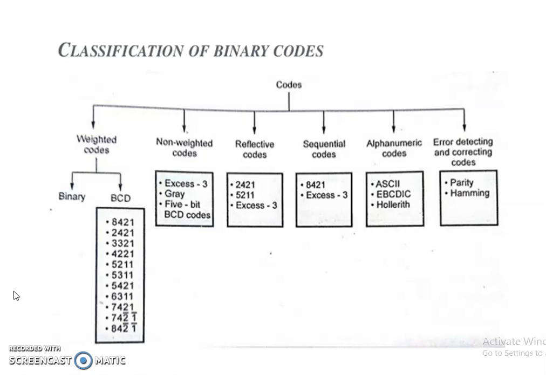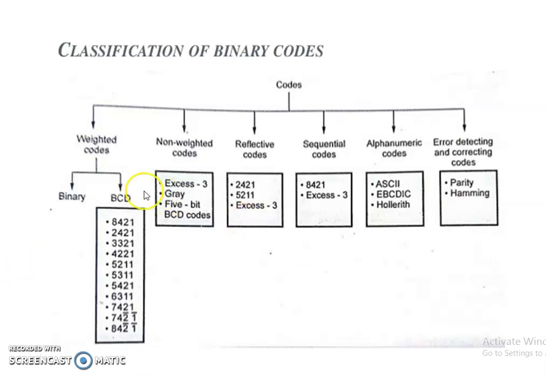It obeys the positional weight principle. For example, in a weighted code, every digit's position in the number represents a specific weight. In weighted binary code, every digit has a weight, that is 8, 4, 2 or 1. For example, in decimal code, if the number is 423, then the weight of 4 is 100, the weight of 2 is 010 and the weight of 3 is 001. So the codes 8421, 2421 and 5211 are weighted codes.